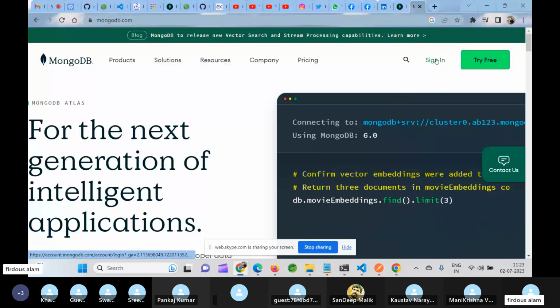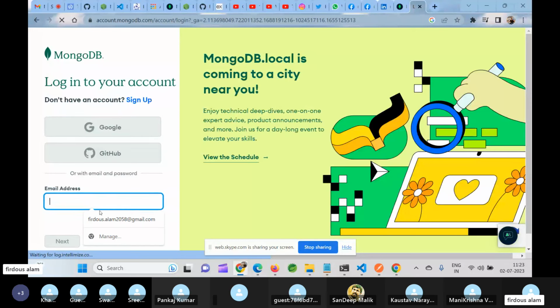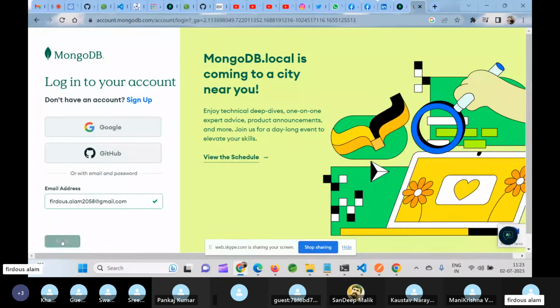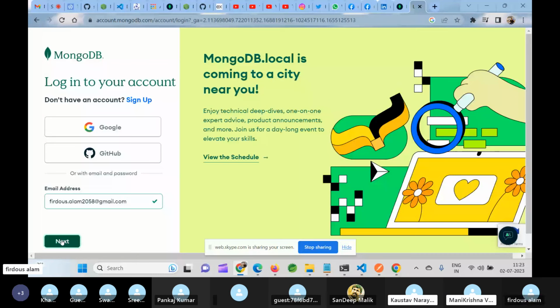Seen, like we have to register here and then we have to create the cluster. I think that was the main thing because I don't want to do registration again. Now, once you log in here,